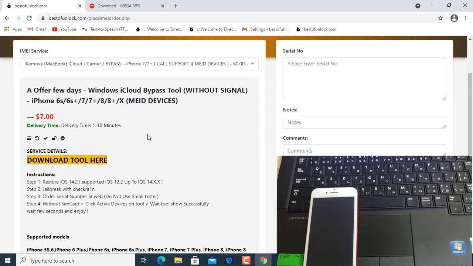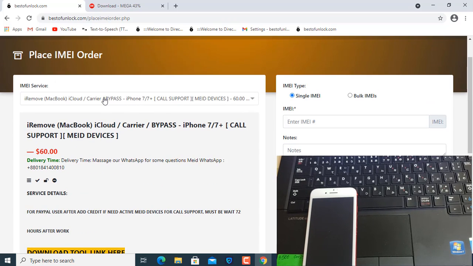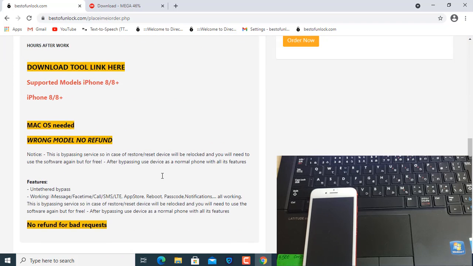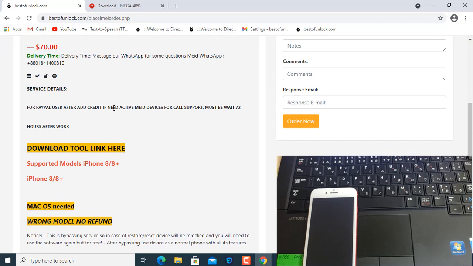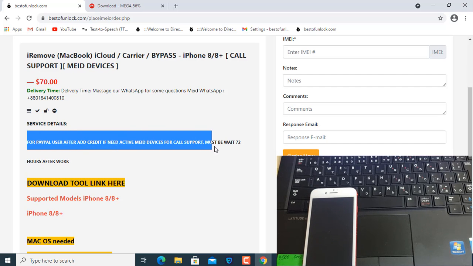For example, if you want to bypass an MDM device with call support, as you can see, it is $70 for iPhone 8 Plus. And if you add credit from PayPal, you must wait 72 hours. After 72 hours, you can activate the CL number or IMEI number.